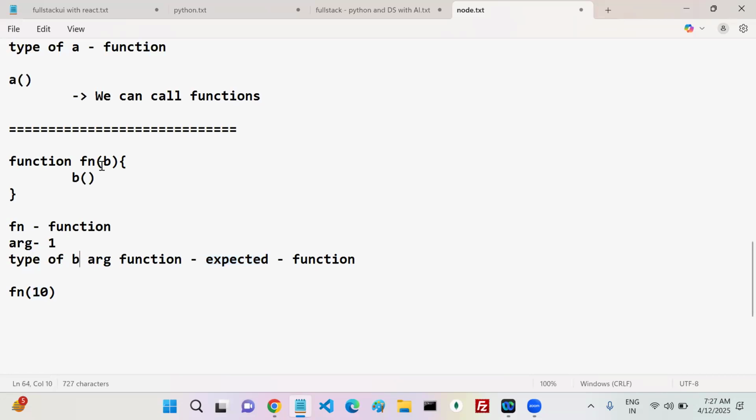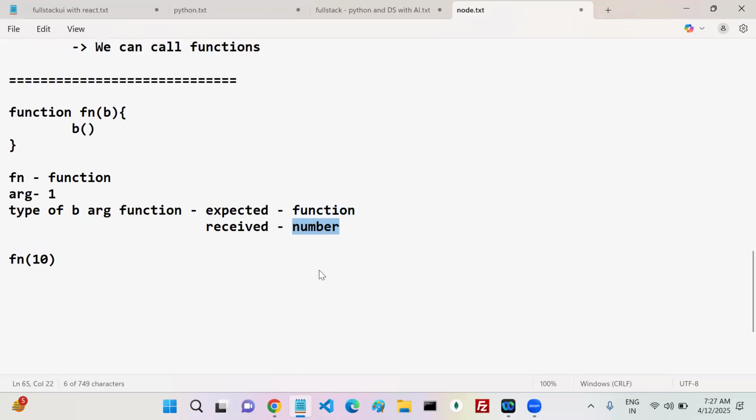I'm expecting a function, but received a number. Now tell me, you're expecting a function and you received a number. Is my number a function? No.